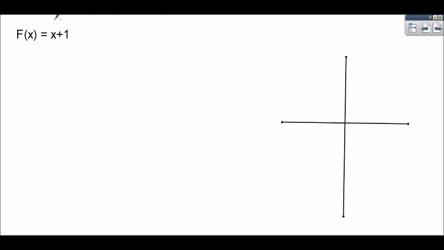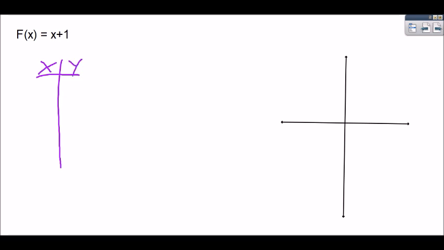So today we're going to learn how to graph when there's an absolute value in our equation. There's a lot of steps to this, so hold on. So let's just say I was given a y equals mx plus b, and I didn't know how to graph it. The first thing I could do is make a table,